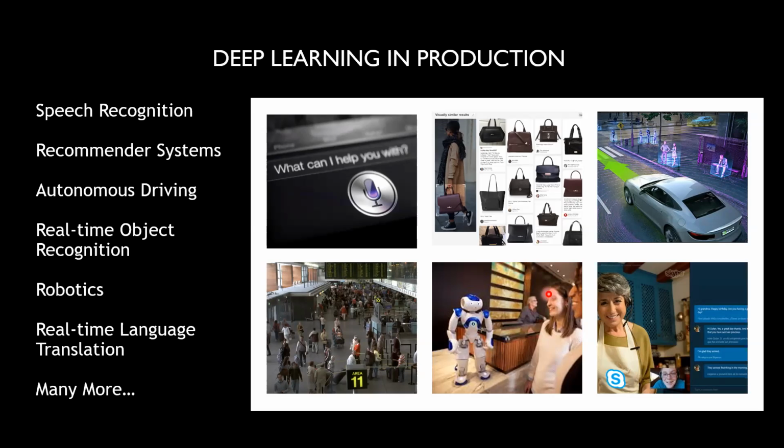These are all the results of deep learning in production. So some of you watch movies over Netflix, and you watch a movie, and then later on you find that a movie that you like is automatically recommended. So that's a recommender system. Or you search your Facebook, or you buy something on Amazon. So you see that after a few purchases, Amazon is able to recognize what are your likes and dislikes. Facebook is able to recognize what are your likes and dislikes, and they are able to recommend what you would like to see, what you would like to buy. These are the results of deep learning in production.